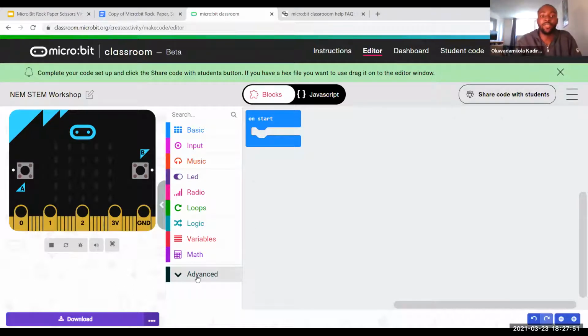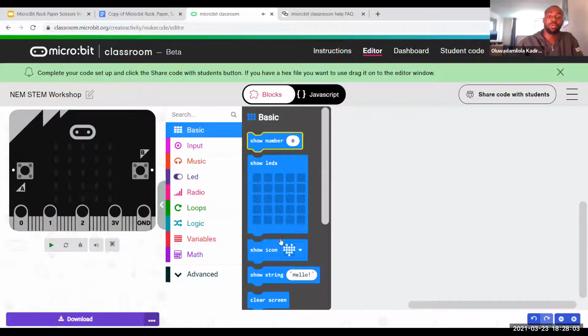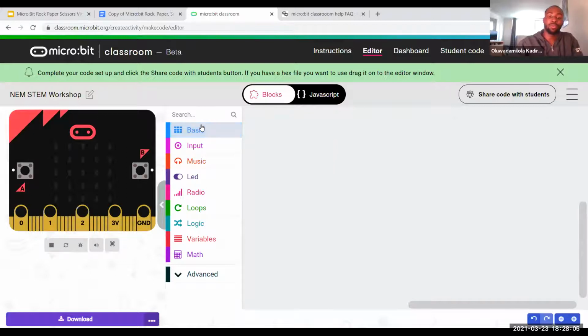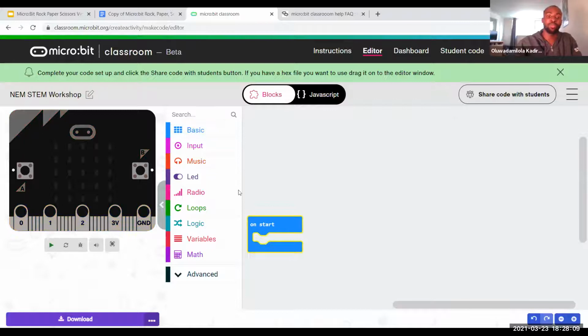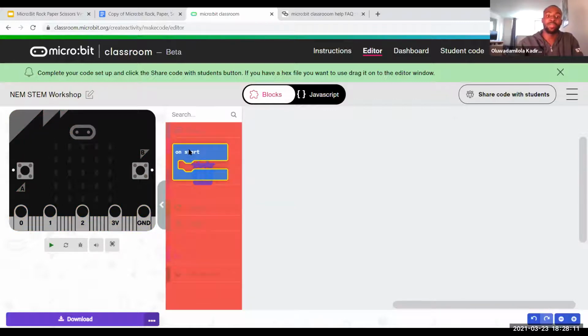So we're going to need a different input than on start. The first thing we do is delete the on start block. You can do this by right clicking it and clicking delete block, or you can drag your block to the left-hand menu.